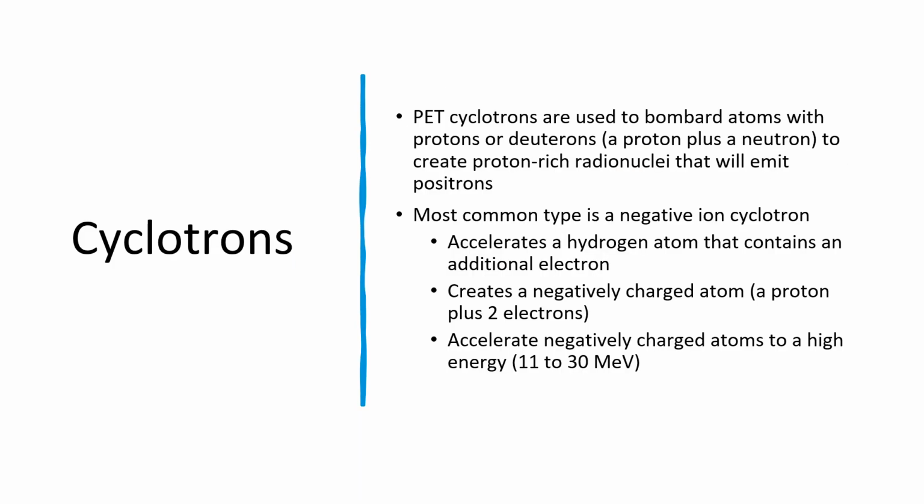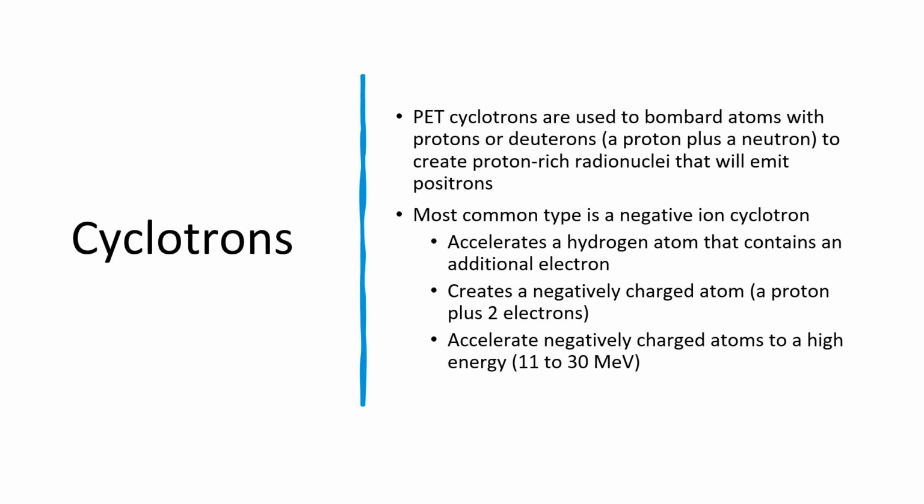So PET cyclotrons are used to bombard atoms with protons or deuterons. A deuteron is a proton plus a neutron, and this creates a proton-rich radionuclide that will then decay by emitting positrons. So if it's proton-rich, it's neutron deficient, and so that forces it to decay by positron. Essentially what we're doing with a cyclotron is just bombarding those atoms with protons so that the nucleus does become proton rich and will then decay by